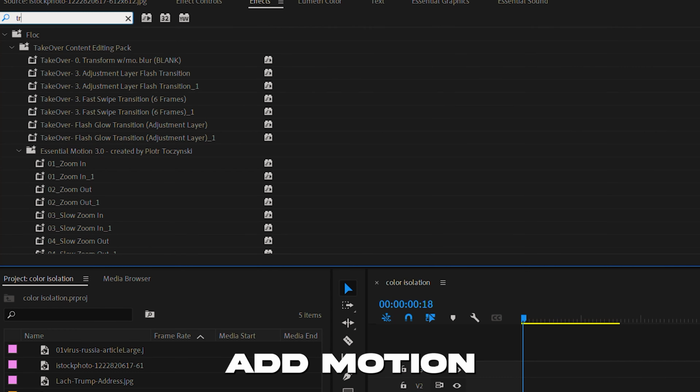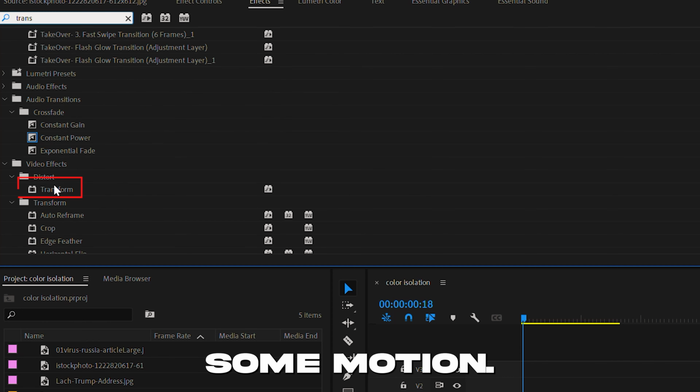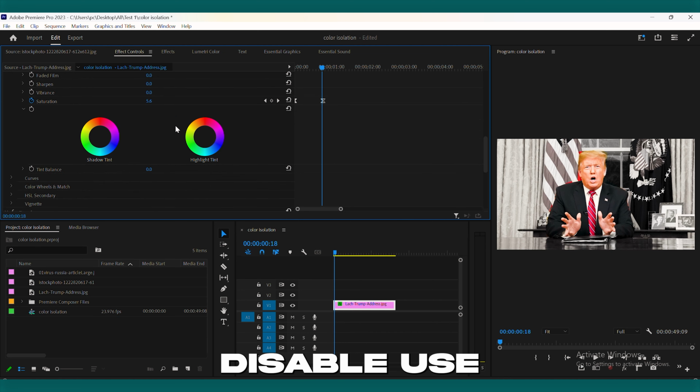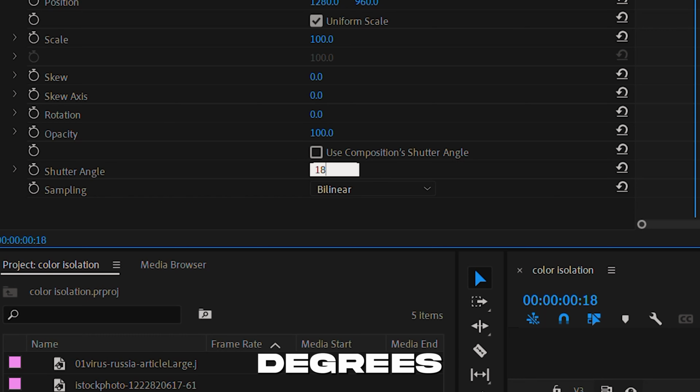Step 3. Add motion. To make it more dynamic, we'll add some motion. Apply the transform effect to your clip. In the Effect Controls panel, disable Use Composition Shutter Angle and set the shutter angle to 180 degrees for natural